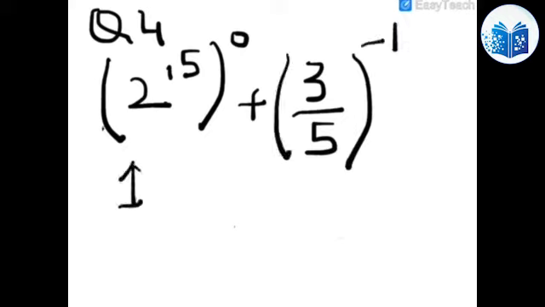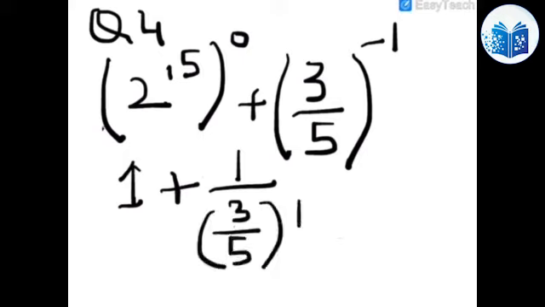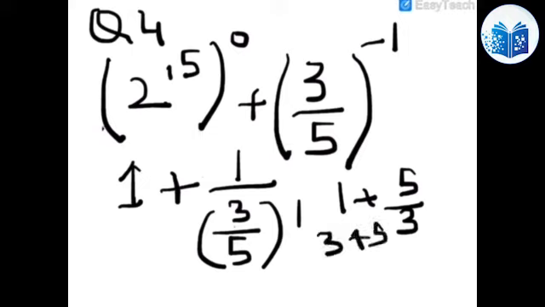So this will become 1 plus, we'll take it down, 3 over 5. Again, the denominator of the denominator will come up and it will become 1 plus 5 over 3. When we take the LCM, it will become 3 plus 5 over 3, 8 over 3. So if we divide it,